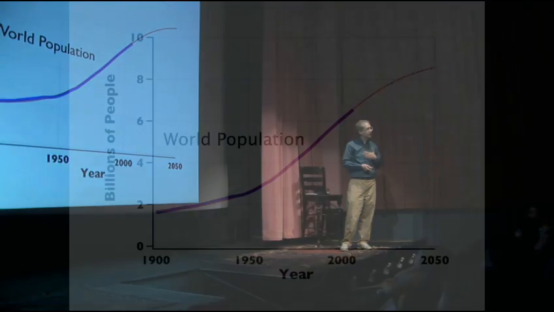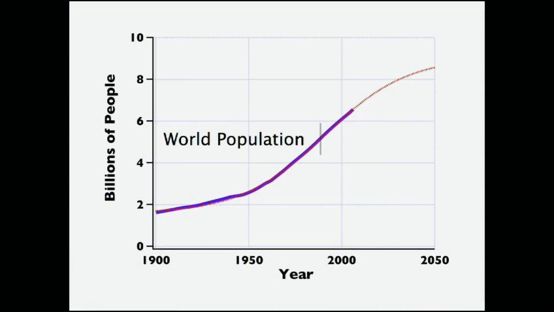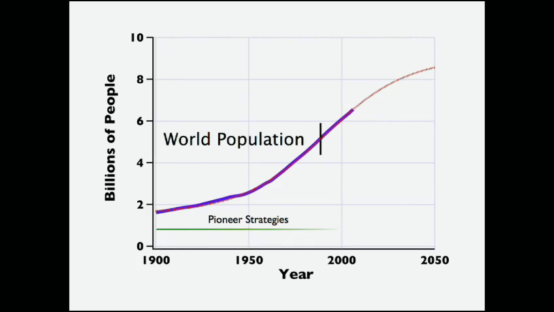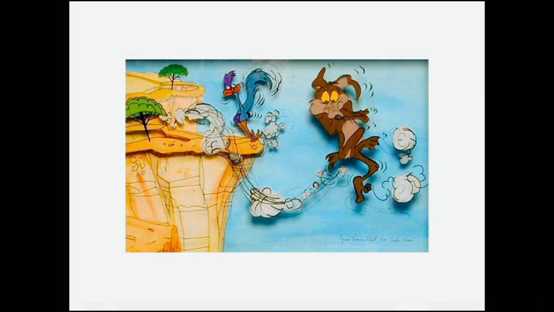So let's take this back to us, humans. Where are we? The midpoint on this curve came 20 years ago, 1989. Up until then, we could count on pioneer-type strategies working really well. But guess what? We're now in a period of time, and going forward, it's the succession strategies that are going to work really well. But we're humans, so we have a bit of a cultural lag, which puts us in a Wile E. Coyote moment. We still think we're in pioneer times, but the reality has shifted underneath us.